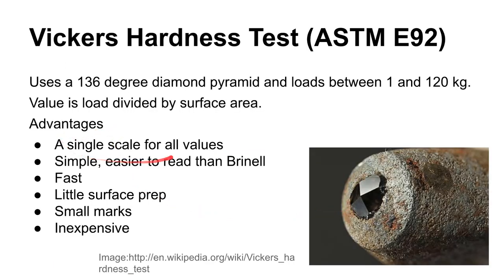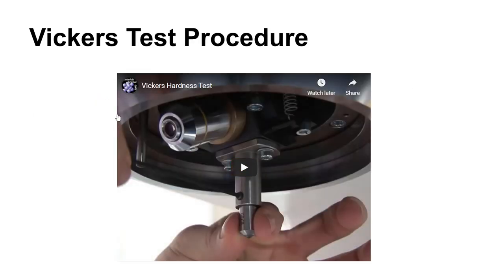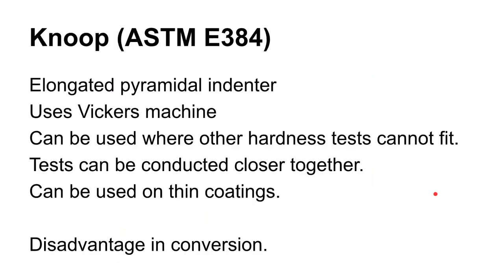All right, then there is a Vickers test, and this leaves a little smaller mark than a Brinell test. So Brinell can leave a pretty significant mark on the material. So Vickers will be a little bit smaller than that. It uses this little diamond pyramid to do the indentation, and then you measure the size of that indentation, and based on a series of equations you find the hardness there. This is a look at the Vickers procedure. Again, highly recommended.